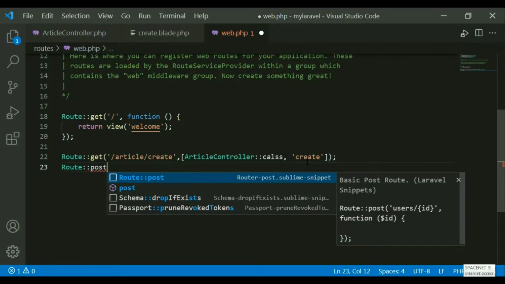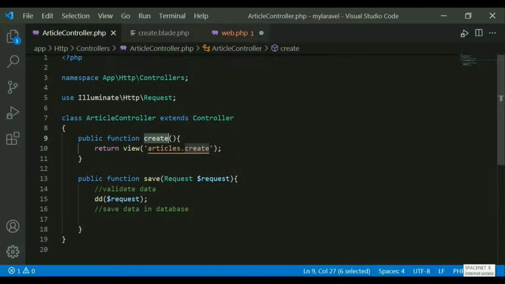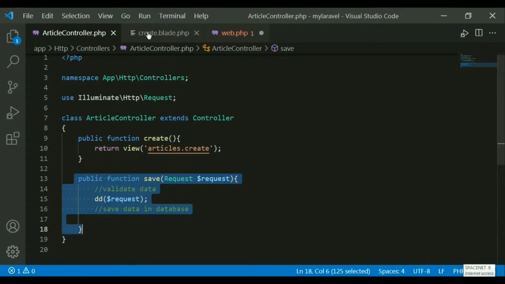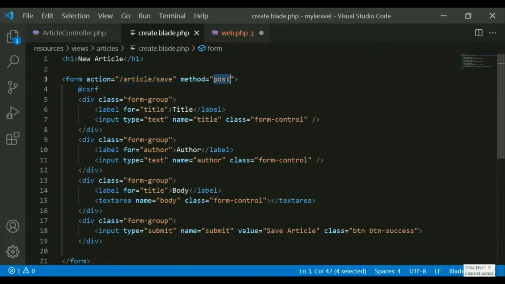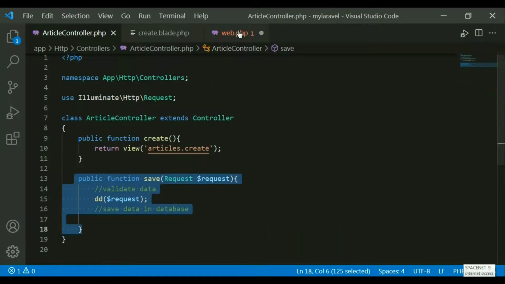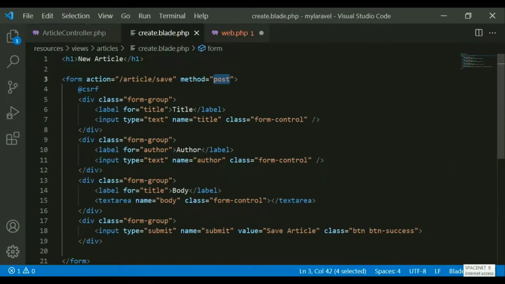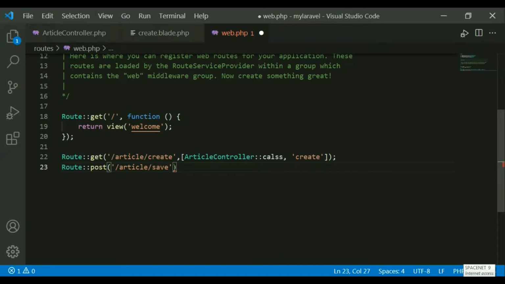Why do I want to do this? Because this particular function will be called when you submit the form. The form will be submitted by using a post method here. That's why it is important you write post here. So for article save, this is my route.